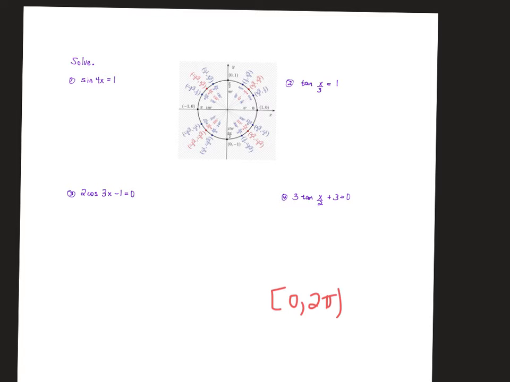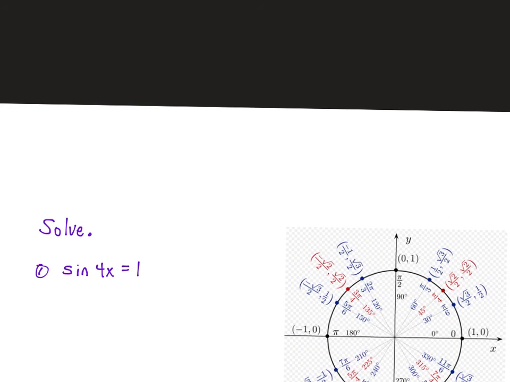When we talk about multiple angles, obviously multiple means many. So we're not going to narrow it down to just one trip around the unit circle. We're going to talk about an infinite amount of trips around the unit circle. So what you need to remember, and what we're going to put at the end of our answers, is either plus 2 pi k, 2k pi, however you want to say it, or